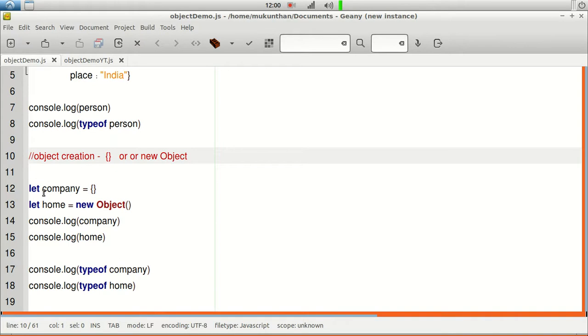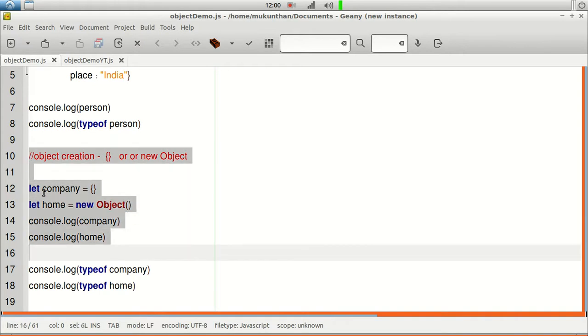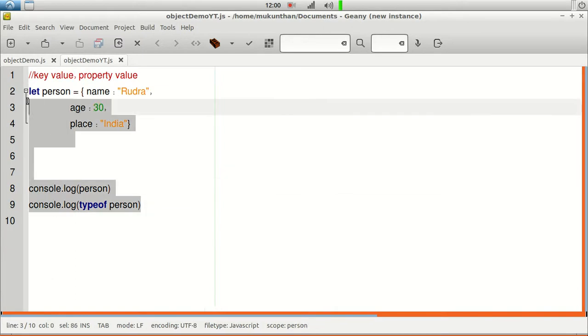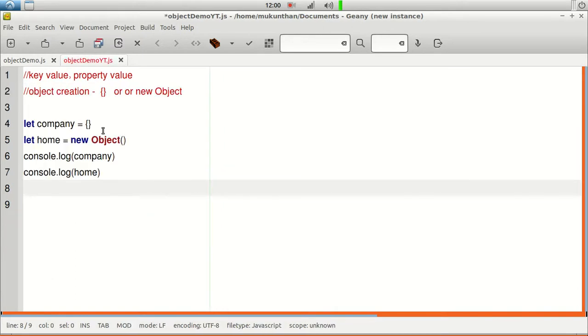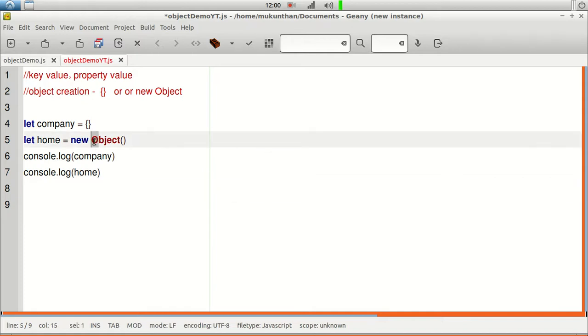There are three ways you can create an object. One is directly providing the key-value pairs, which we have seen just now, and the other two ways are by using empty curly braces and by using the Object instance. In order to create the object instance, you will use the new keyword followed by Object. Here you need to notice that O will be capital, which means it is the class. You are calling the class constructor.